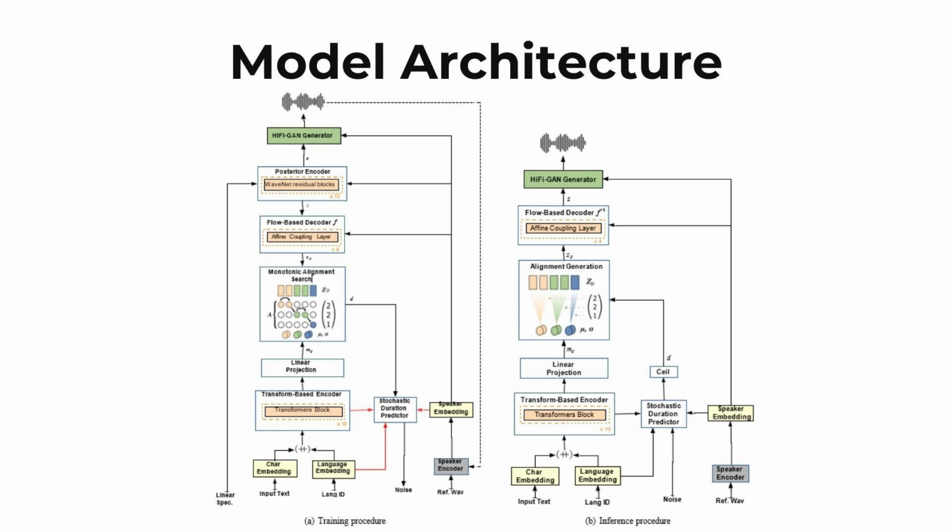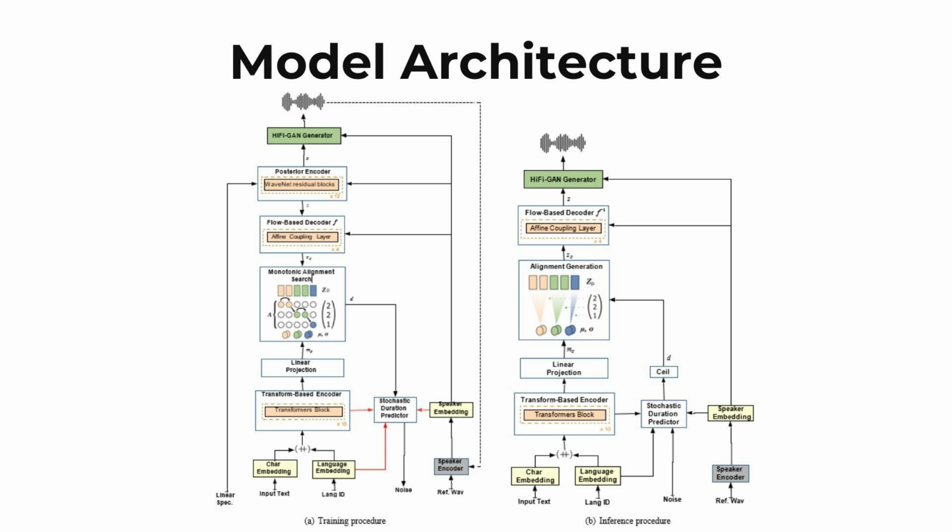Next in the process, the input text is compared with the language embedding, which means that the entire vector is created. It then goes through a transformer-based encoder, and is projected as an input to the monotonic alignment search. I'll get to what the monotonic alignment search is in a bit. At the same time,